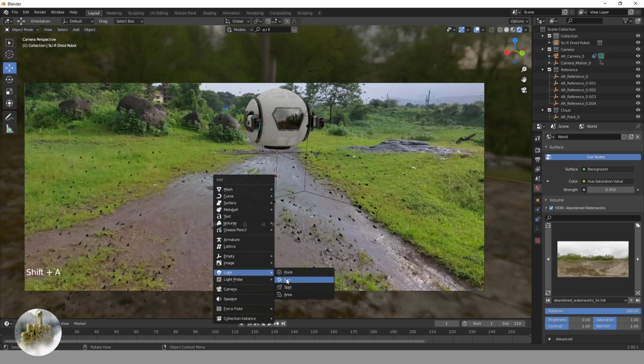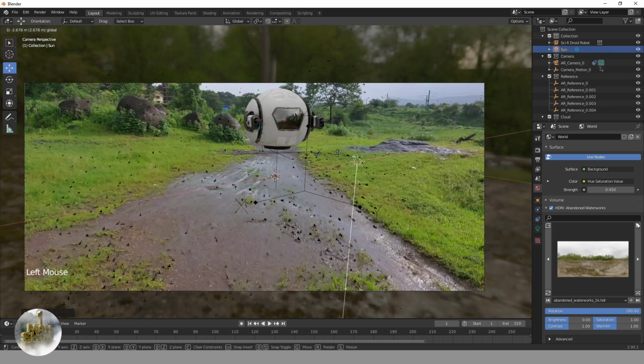Then I simply added the sun lamp and played with its settings too, to get the exact lighting to match with the background footage.